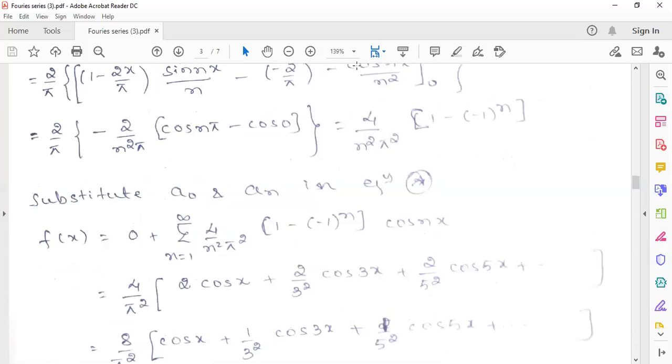Any doubts in this problem? Anybody? Don't hesitate to ask now. You can ask any doubts if you are not getting any step, because later you should not suffer. That's my intention.